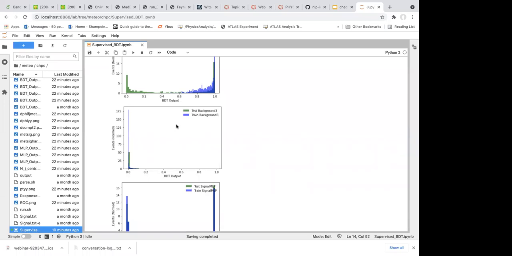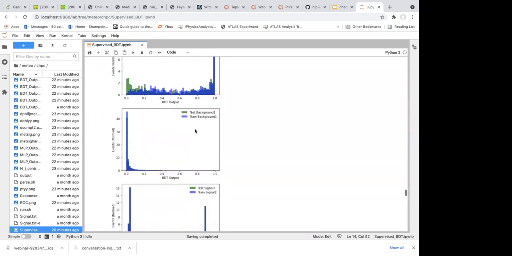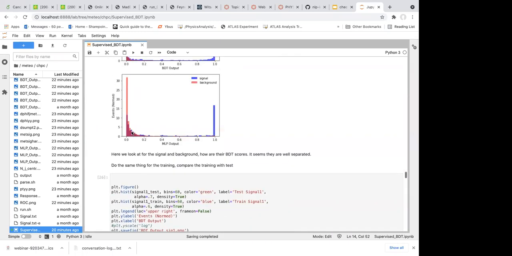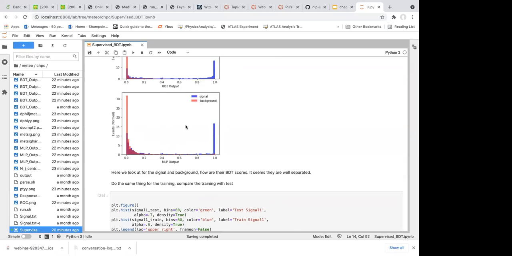Okay, so here we reach a conclusion. If you want to judge which classifier is better for your task to split your signal and the background, you have to at least consider two most important things. One is the separation discriminating power. How is the ability that you can separate the signal and the background? Of course, as we showed in the previous figure, the larger the distance, the better.